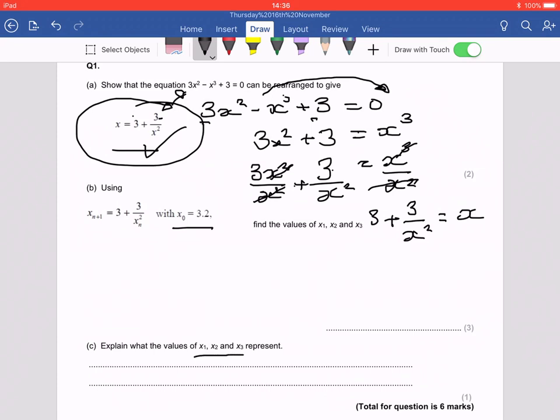Work out x1, x2, x3, and I think it says it here. I've kind of underlined the wrong part. And so, to work out x1, we're going to use our value of x naught in this iteration. So it's going to be 3 plus 3 over, and x squared is going to be the previous answer, which is 3.2 squared. So we're going to plug that into our calculator, and I have an answer. At this point, this one's not too bad because the numbers are finite, so I think we should be fine. So if we just write down the answer, we have